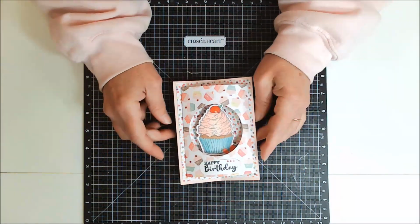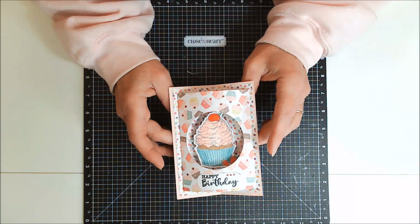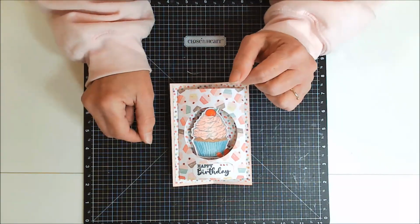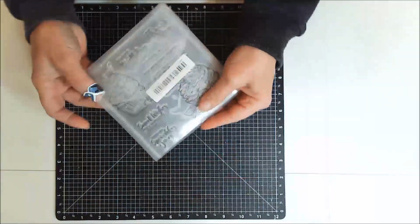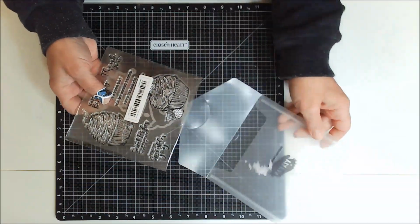But today I am making this card for one of my granddaughters. Well, actually, I've already made this card for one of my granddaughters, but I am going to take you through the making of it so that you can learn how to make one yourself. So let's get started. Since I'm making this birthday card for one of my granddaughters, I decided to use the